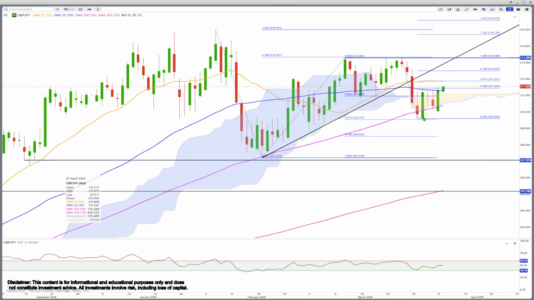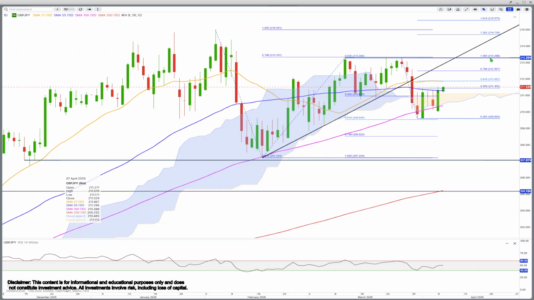The bouncing mode started a couple of days ago before Easter, trying to follow through yesterday, and let's see if it can push higher today. I think we'll see at least up to the 61.8 retracement, 211.88, but 212.5, the 78.6, is also quite likely. And if we get up into this area, then I think we could have another go at the strong resistance here